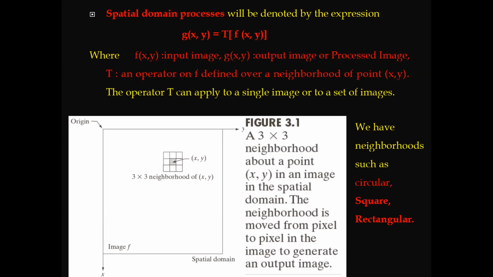The center of that group of 9 pixels is represented with x comma y, the shaded part of those 9 boxes. What is the difference between the image and a neighborhood? The neighborhood is the sub image that is present in the image. Neighborhood means it is a small part of the image. Whenever we are performing filtering operations, we need to take neighborhood operations.